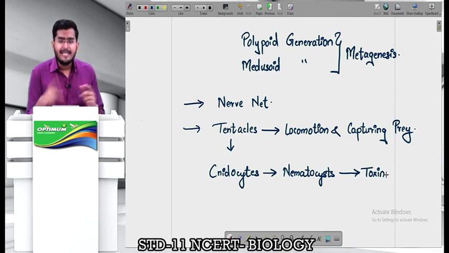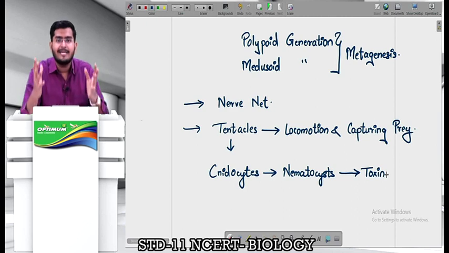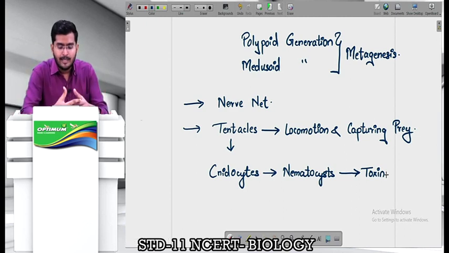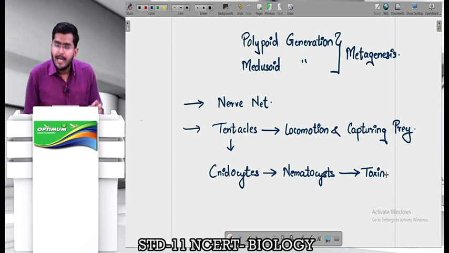Okay, so normally the tentacles are wound and they are present inside, a spring-like structure is going to hold it, but the moment the organism feels that there is a prey around it, it's going to release that tentacle and the tentacle will capture the prey, and when it curls around the prey, let me tell you that these nidocytes are going to release toxin into them using the nematocyst.